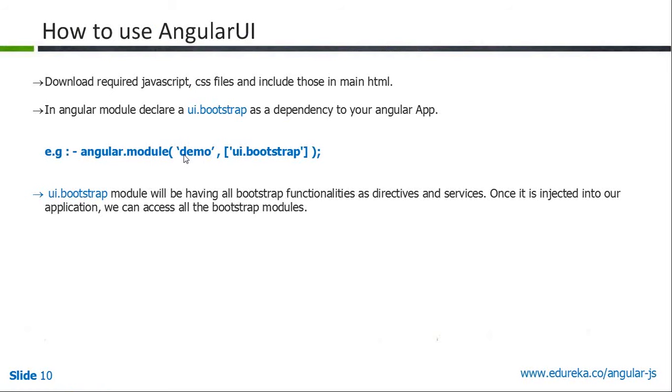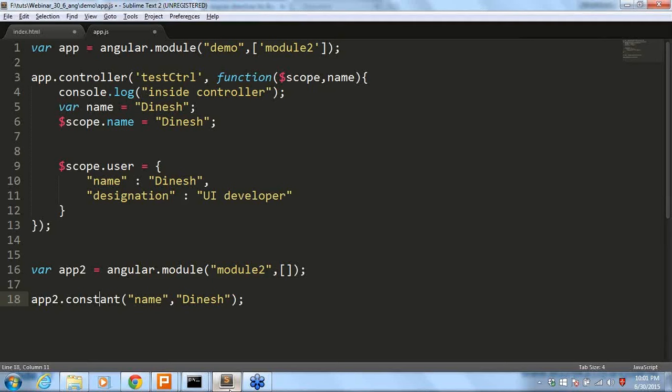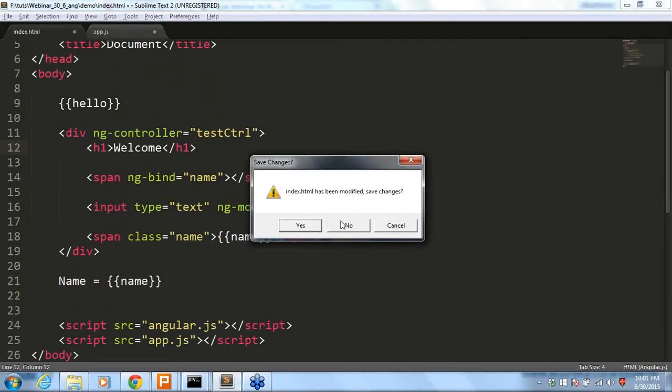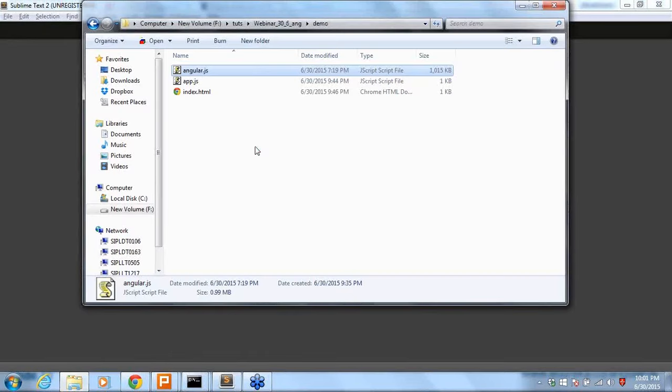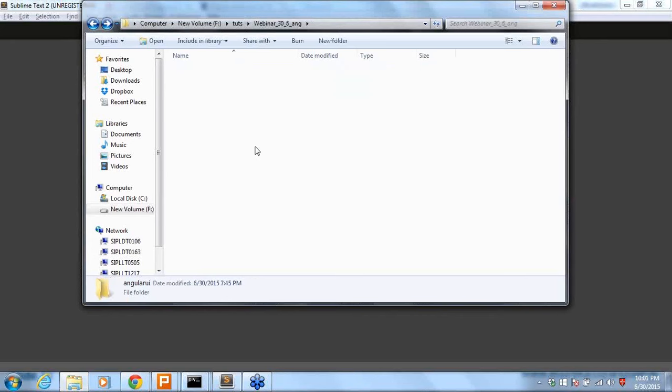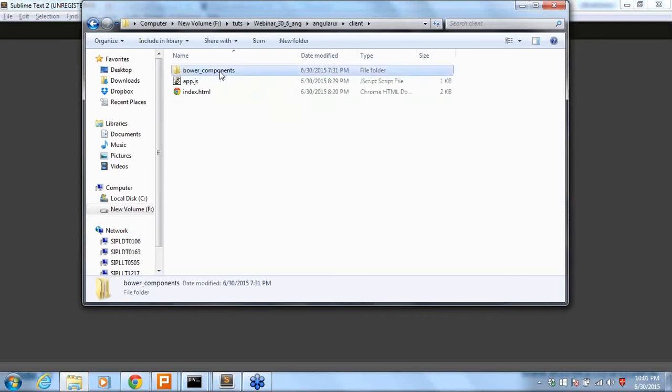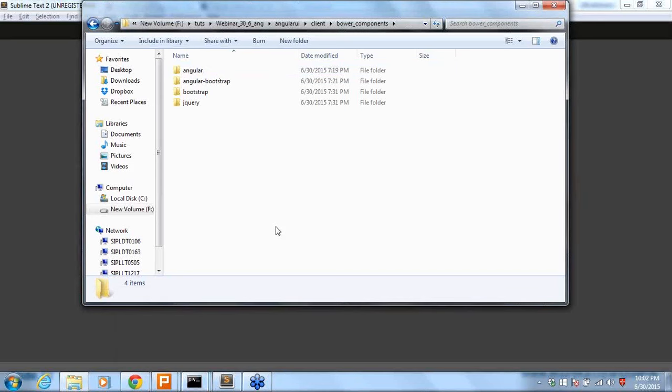In the JS file, you will have all the AngularJS components. Let's take a look at the Bootstrap JS file, okay? I'm going to close it. I don't want this one because it may confuse you if you have multiple files. Let's go here, Angular UI. Mostly what I will do, instead of downloading from its specific website or other places, is use the Bower tool. With the help of the Bower tool, I should be able to download all the components. Let me show you the basic thing. How can we do that also? Okay.